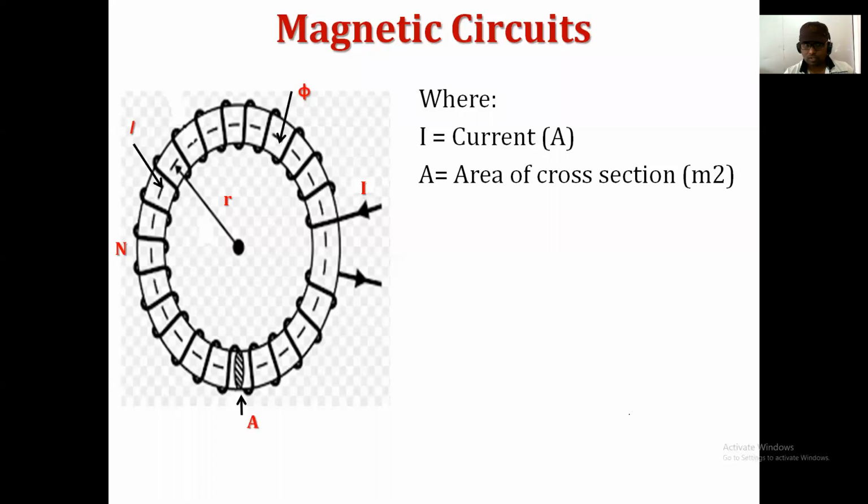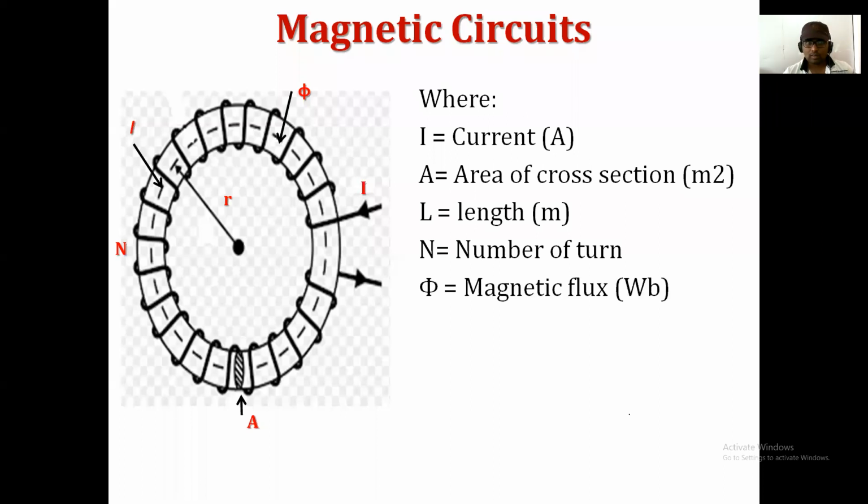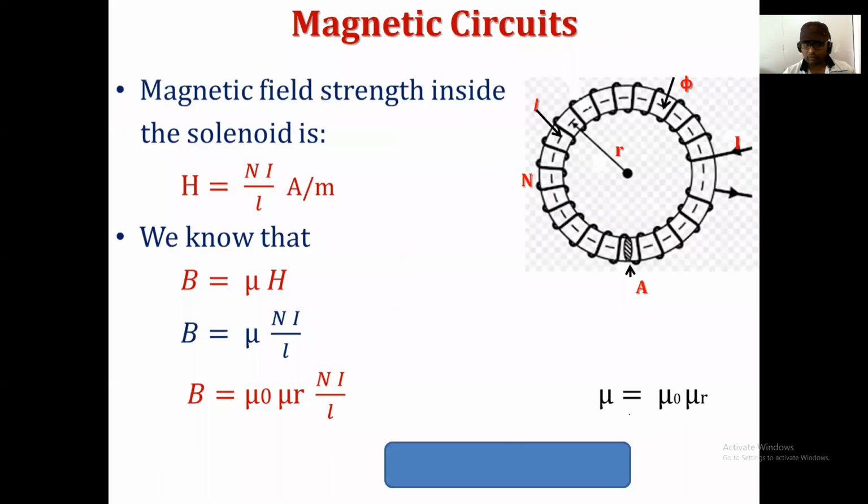It is in ampere. Second term is the area of cross section of that iron ring in meter square. Then third one is the length of that iron ring. The length of a coil, I have not said that. आपण काय म्हणतोय? Length of that iron ring. आणि तीच length असणार आहे solenoid coil ची तुमची. Get it my point? It is in meter. N is the number of turns. Is it right? Then the phi is the magnetic flux, which is measured in Weber. R is the radius of a circular path. This is the expected path of a magnetic flux.